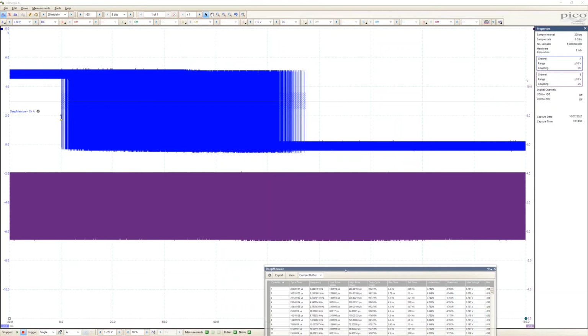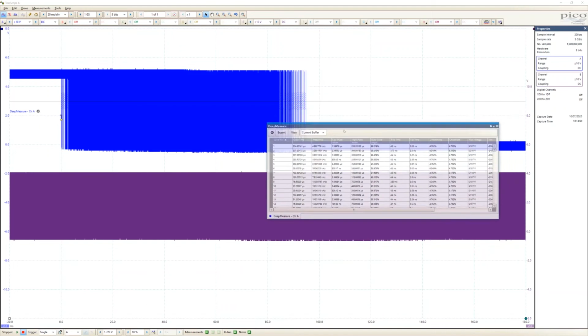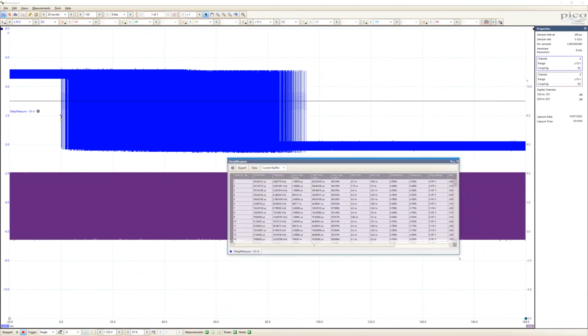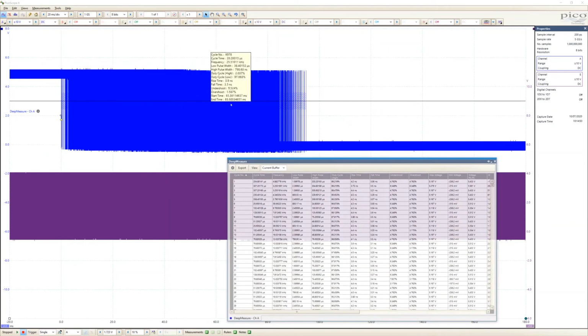So with deep measure turned on, what it provides me with is a table of the results of all of the pulses that were captured in that block that we saw previously when we zoomed in. For every single cycle in that block, it gives me the cycle number. So in this case I can go from cycle 1 right the way to the bottom.